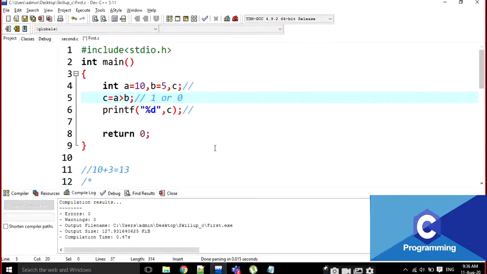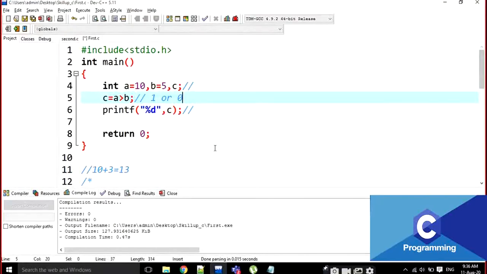Okay, note it down. The arithmetic operators every time return some values, right? But the relational operators and the logical operators both return either 1 or 0. That means either true or false. Here true represents 1, false represents 0. Okay, note it down everyone. In relational operators and logical operators, what is the value it is returning if the operation is done? It is returning either 1 or 0. Both operators only return 1 or 0.